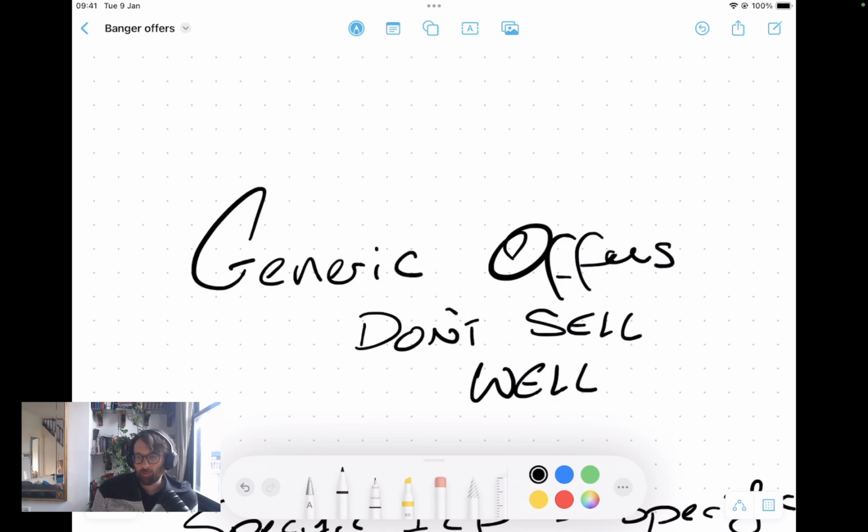And then people will point to these very generic mainstream things. That's great, and it can happen. But 9 times out of 10, you will get better traction and better growth by focusing on a specific ideal customer persona and building an offer specifically for the problems that they face. Because really, your offer always is a solution to the problems, to help them get to where they want to be.